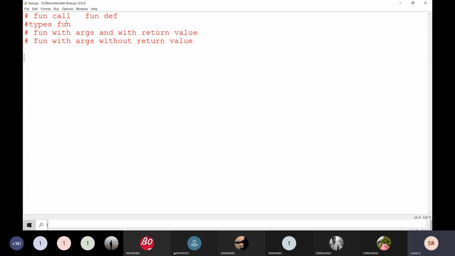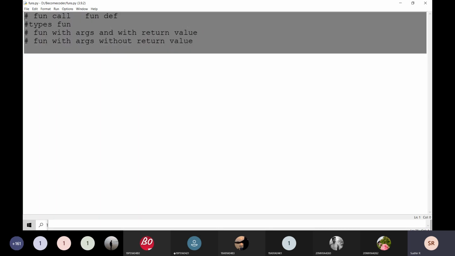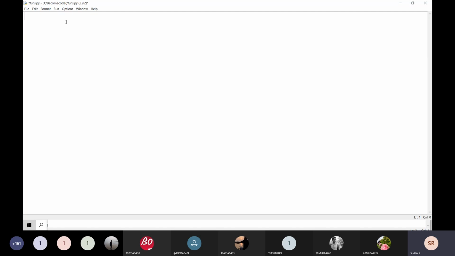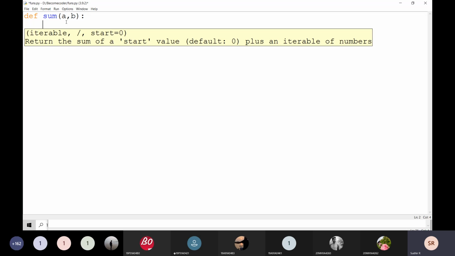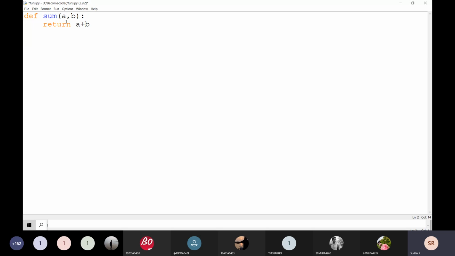Okay, this is about functions and how to write functions here. The same program I am going to write here: sum of two numbers. That means I am going to write a, b here. My intention is not to teach how to add two numbers.